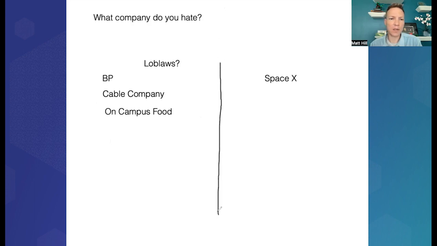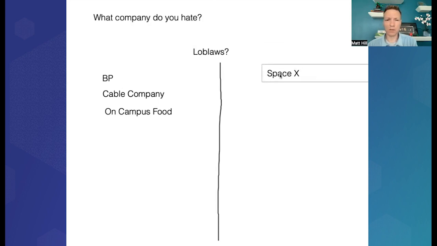I don't know enough about Loblaws to know where to put it really. But basically what I'm doing is dividing the companies by market power. So these are companies with a significant amount of market power, monopoly power often, and these are companies that don't have monopoly power. I don't really know where to put SpaceX since they're sort of the only company. I guess there are some other competitors, but they're not really a consumer-facing company. So it's difficult to categorize them, but usually I'll have something like Nike over here.